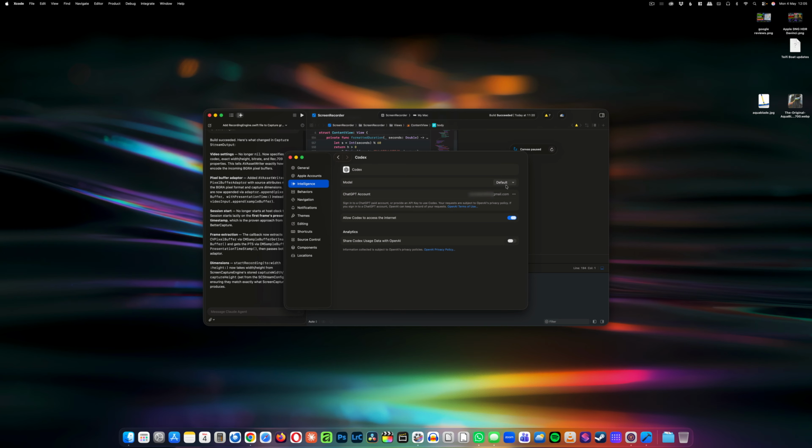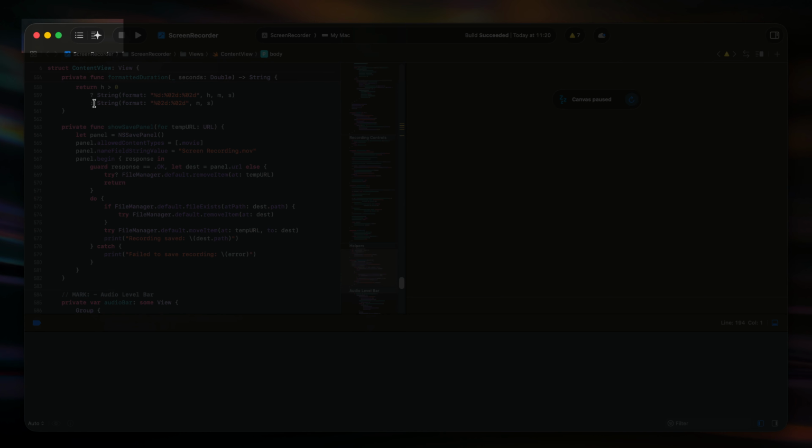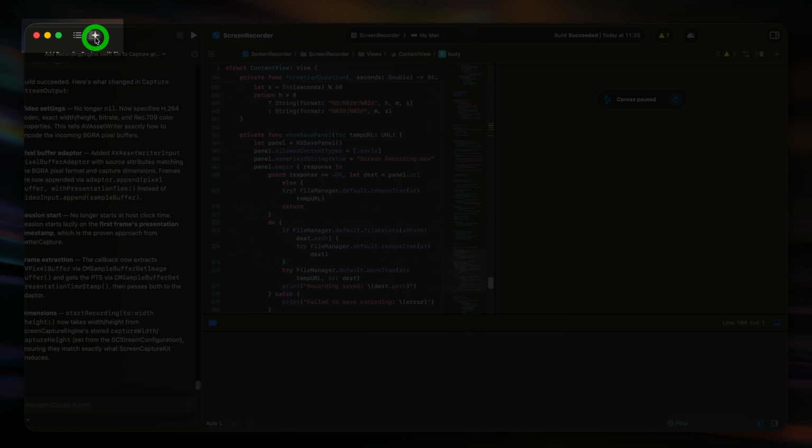As you can see now, it's set to model default. You can adjust it here. So I'd probably go with the latest 5.3 model or whatever's newer at the time when you do this. And it's now connected. And to open the chat, you click on this little star symbol up here, and then